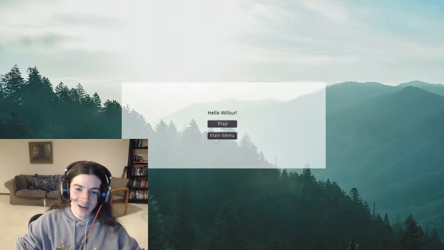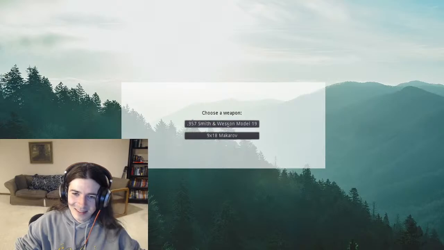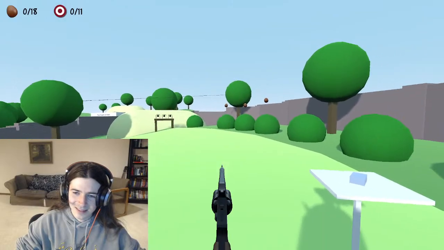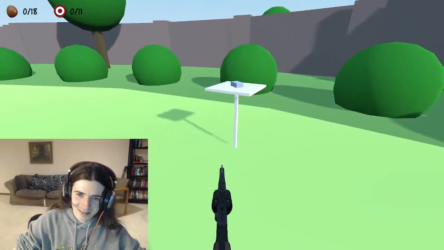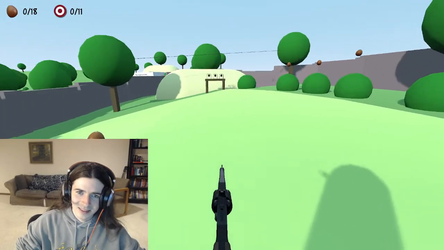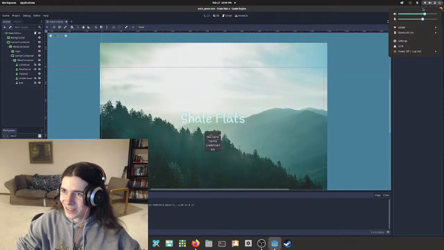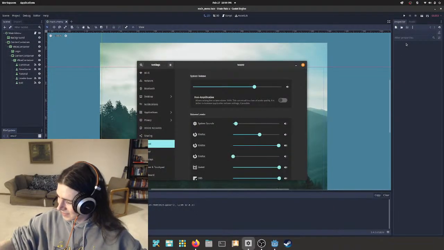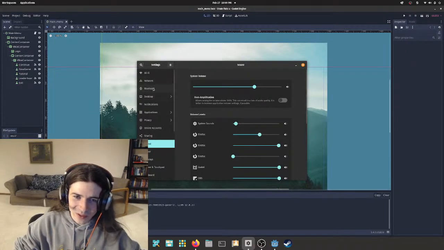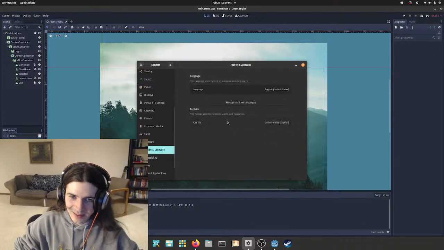I'm curious to see how this ports to Linux, you know? Uh-oh. Stand by. I'm gonna need to add the ability to switch keyboards because I'm in Dvorak right now, so.